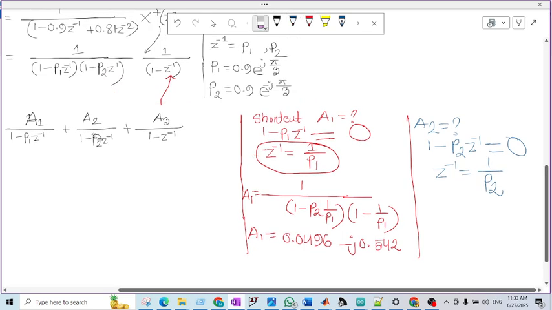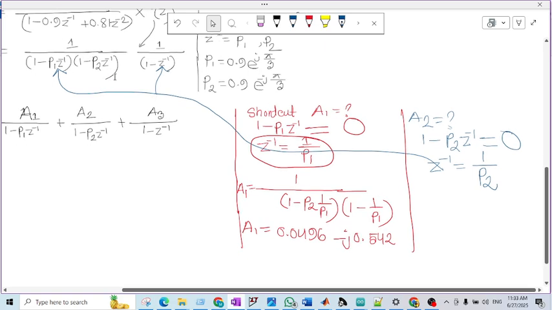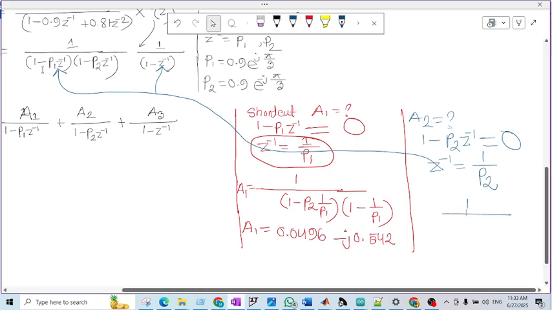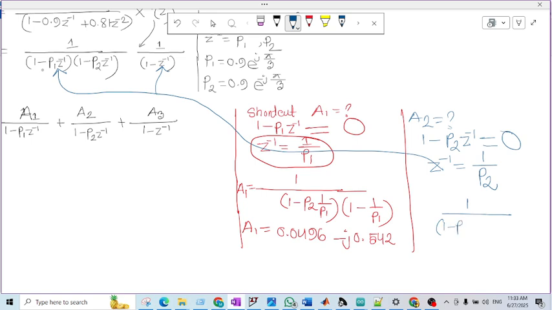So now you have to put this value here and here, and you don't have to put this value here, because if you put this value here, then 1 minus p2 z inverse 1 is equal to 0, this term will be undefined, so don't put this here. So if you put that value at the first multiplier, 1 minus p1 by p2, then if you do this,